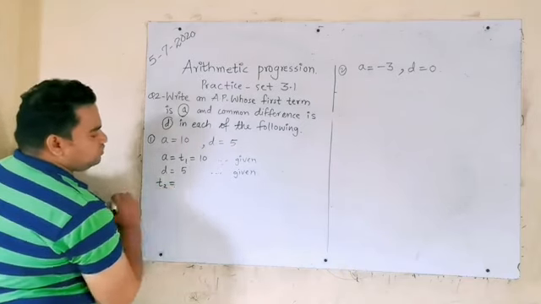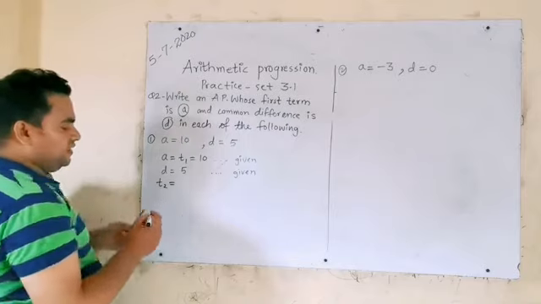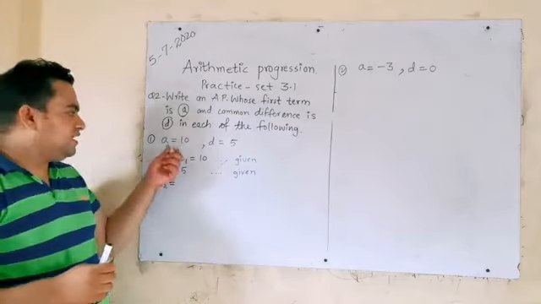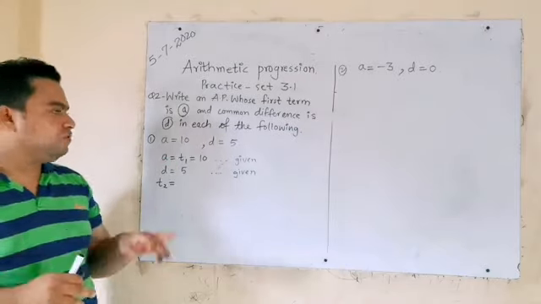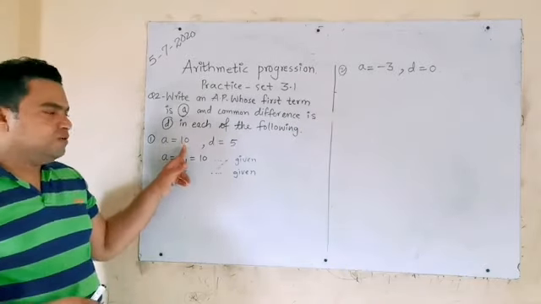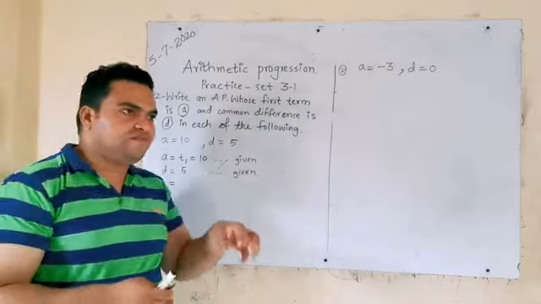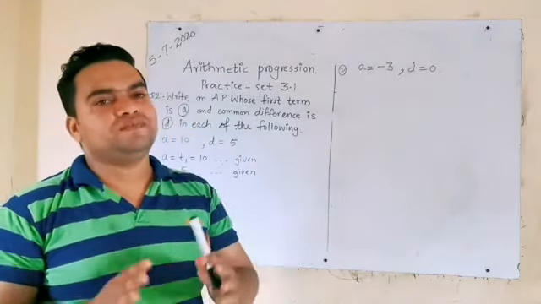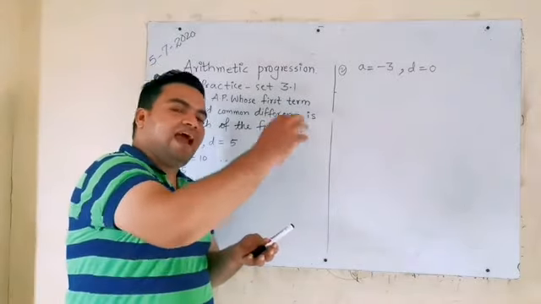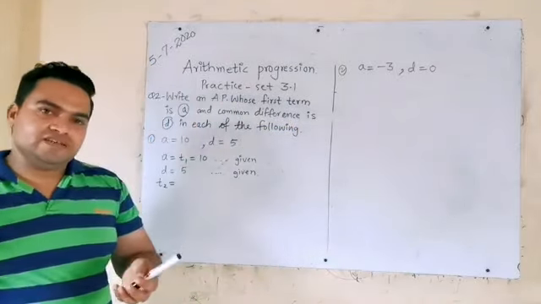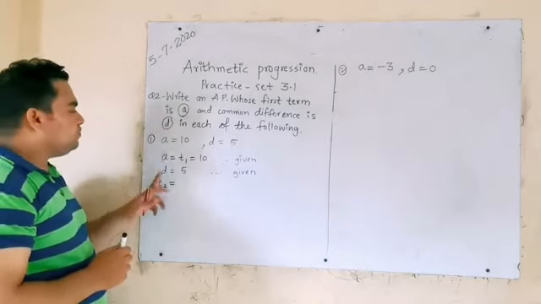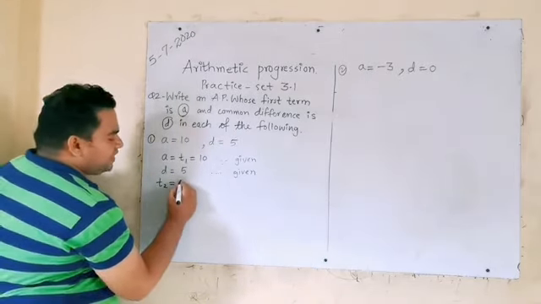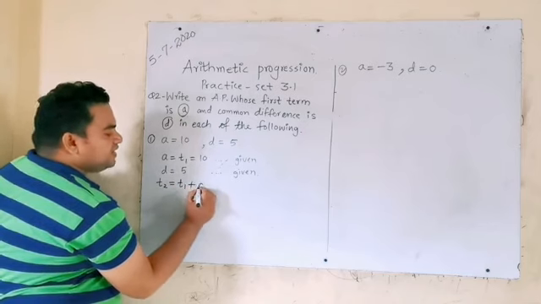T2 is equal to, as I have said earlier, if you want to find the next terms, you have to take the last term which you know. You know that T1 equals 10. So now you will add the common difference, which is constant, meaning every time the difference will be the same. So you will keep on adding that difference to the previous number which you know. Here we know T1 equals 10, so to find T2, I will write T1 plus d.